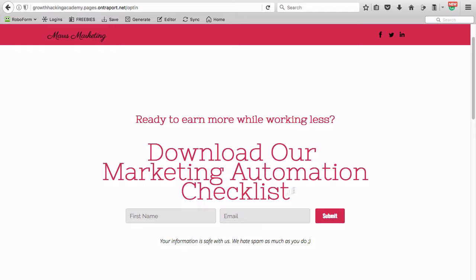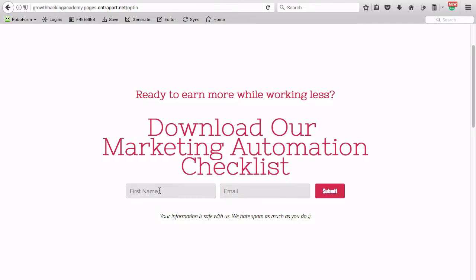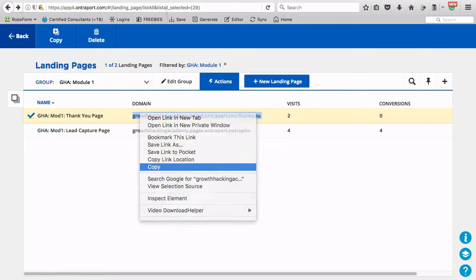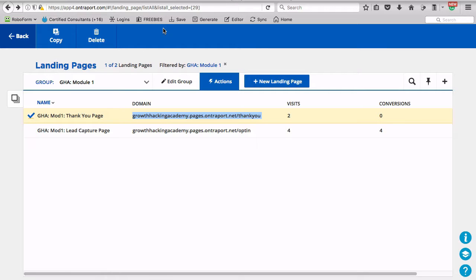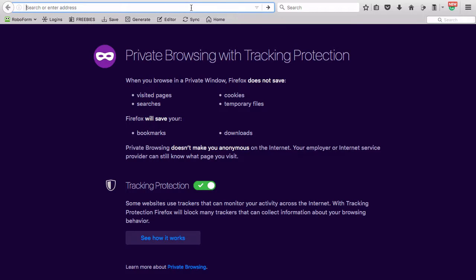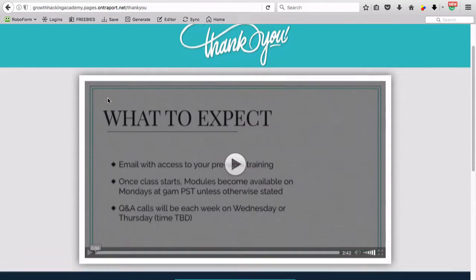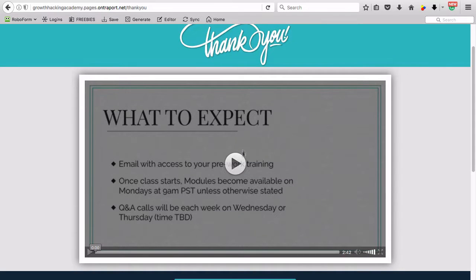In this case, it was a marketing automation checklist. All they can do here is enter their name and their email and click the submit button. Now, immediately after that, they are going to be taken to a thank you page. So I'm going to grab that link and just kind of show you what this one looks like. Okay, so this is what the thank you page looks like,